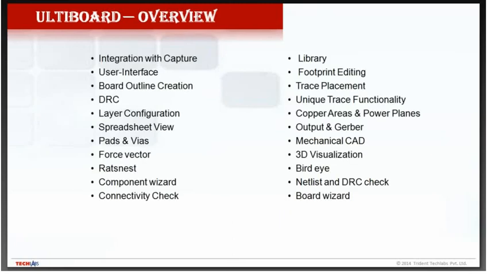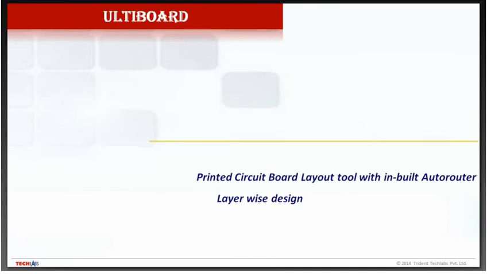Before routing, we first have to define our PCB. What will be the size of our PCB, how it will look, whether it is rectangular, square, or circular, and how much the dimension of the PCB will be. Then we place the components onto the PCB, whether it is a single layer PCB, single sided or double sided PCB. Then we place the components on the PCB from the libraries.